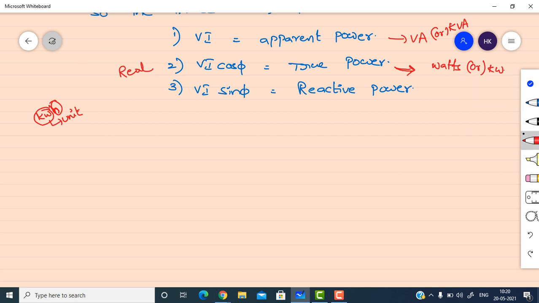We don't need all that now. We are deviating from the subject. In the next semesters you can know about all this. Here remember this true power is measured in terms of watts or kilowatts.